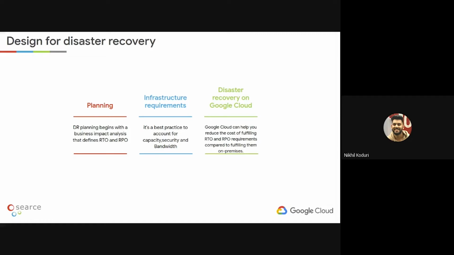You have to be prepared for any situation wherein your application can face a major amount of downtime. So first, you have to plan your DR effectively. You need to define your recovery time objective. You need to define your recovery point objective, right? And you have to create a plan that has the minimal amount of business impact in case a disaster occurs.